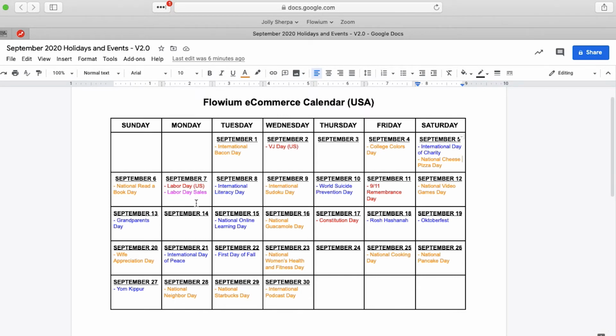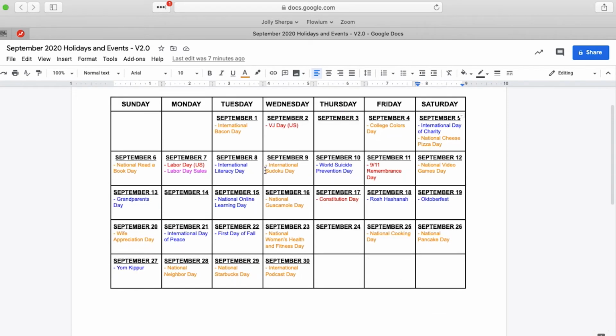Typically in the US, you will find that huge sales occur throughout that whole weekend, so pretty much from September 4th through to the 7th. If you are a non-discount brand, then this is something that I wouldn't worry about too much. But if this is something that you want to take advantage of, I would strongly recommend going ahead and setting up a series of campaigns that talk about the sale or the discounts that you're providing for that weekend event.